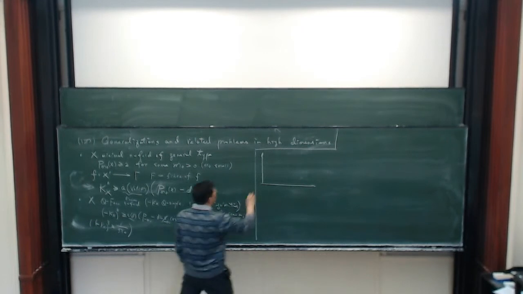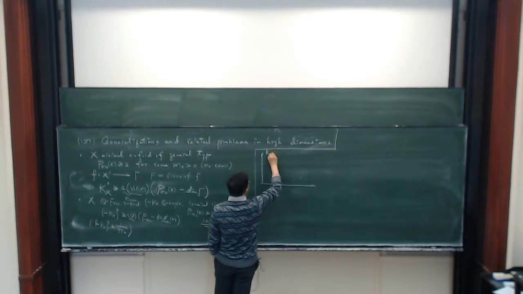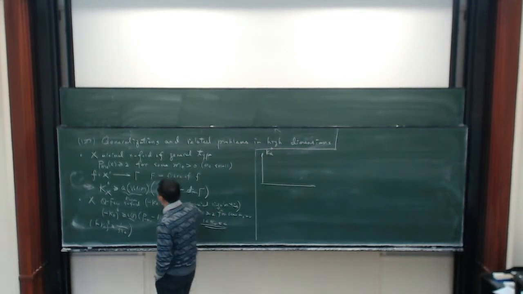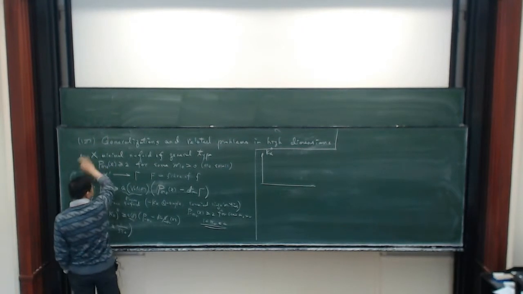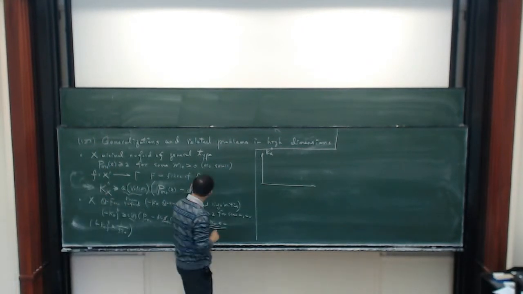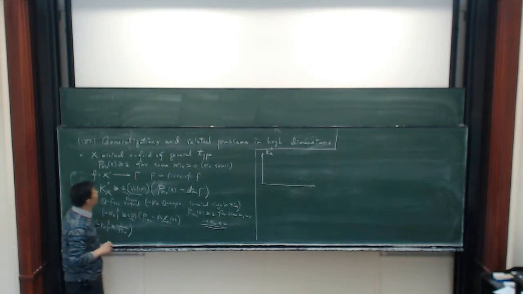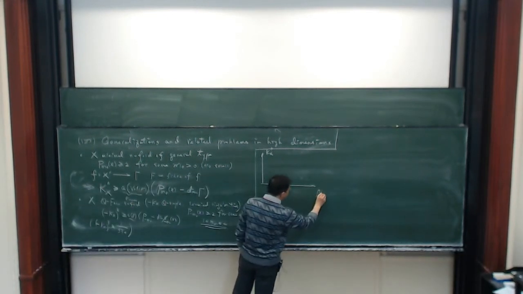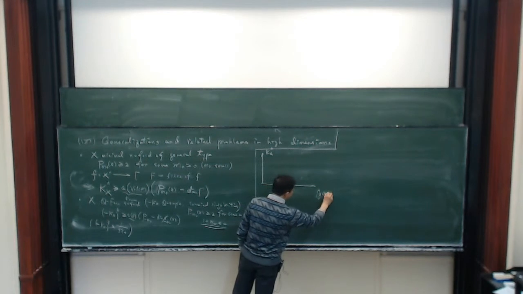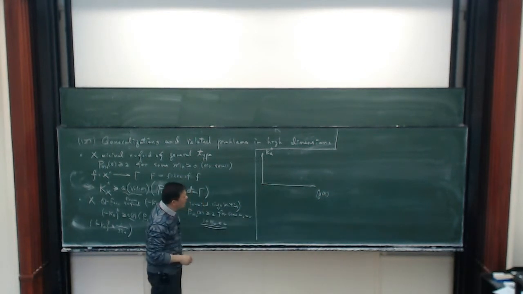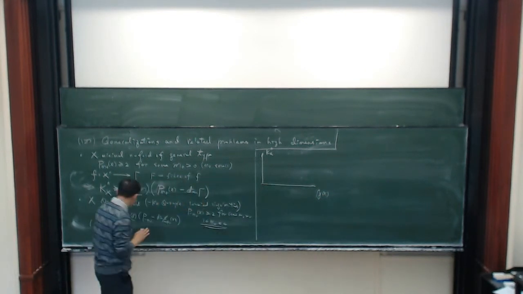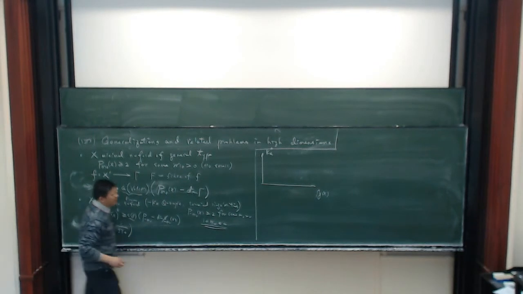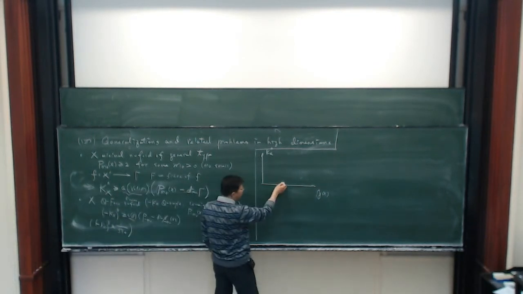Yeah. So here is K_X^n. So suppose we are considering a minimal n-fold of general type. So we can still consider this kind of problem. So more or less we have something here,